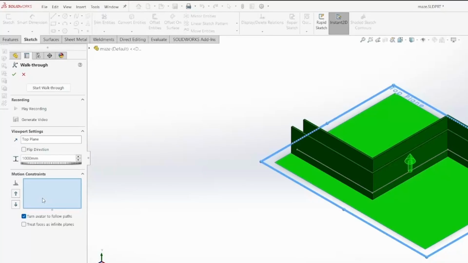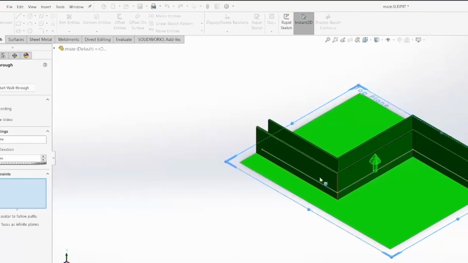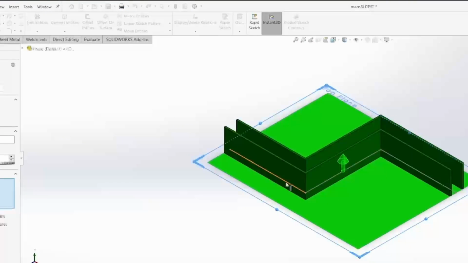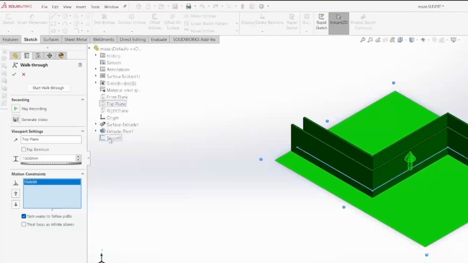Finally, we can select the motion constraints. Here we can define the path that the camera will follow. I have previously created a sketch that will guide us through the maze, so we will select the sketch as our motion constraint. Now I will click on Start Walkthrough,